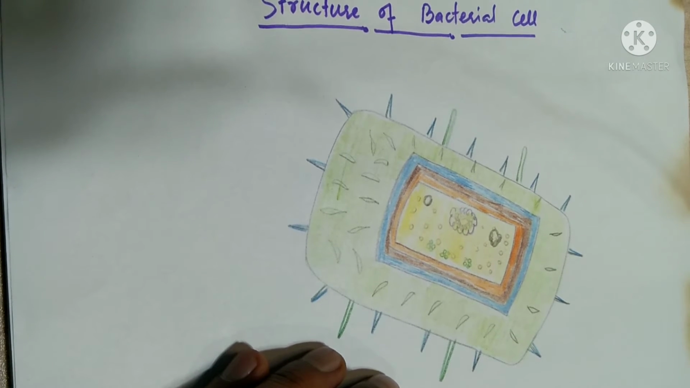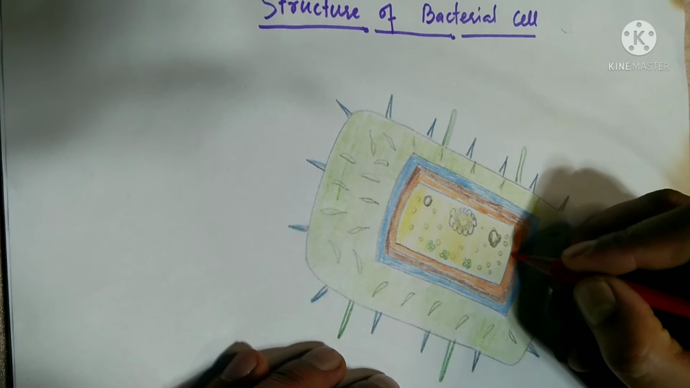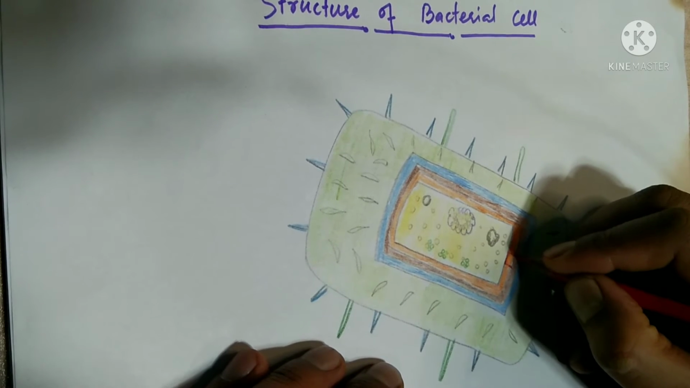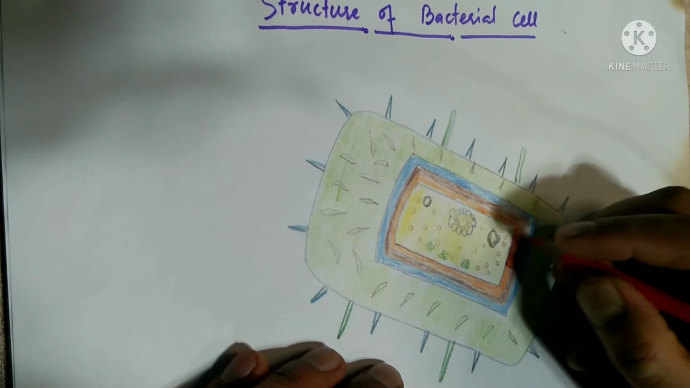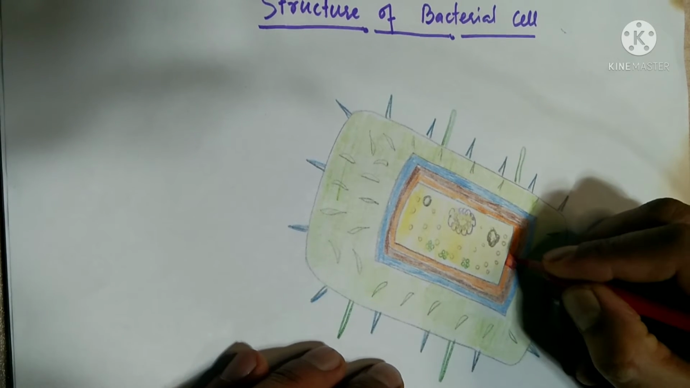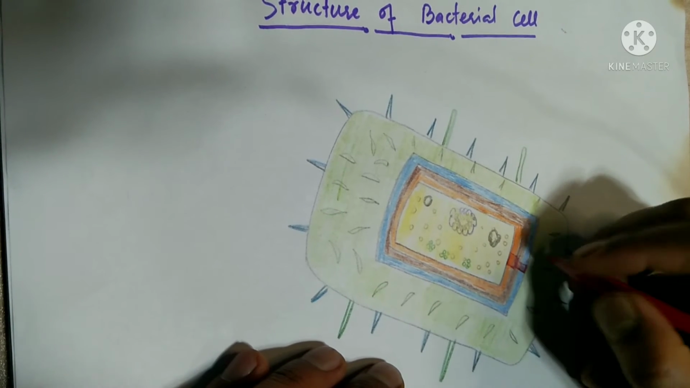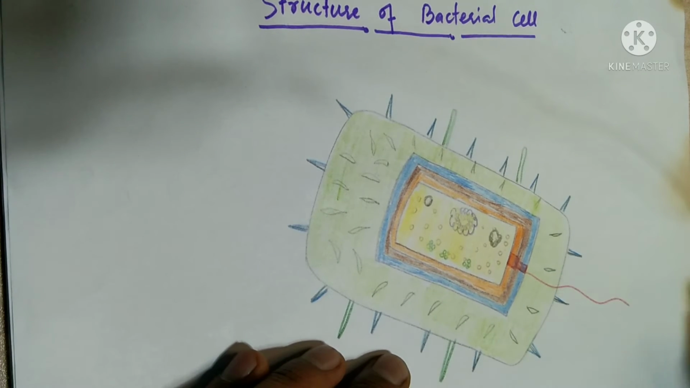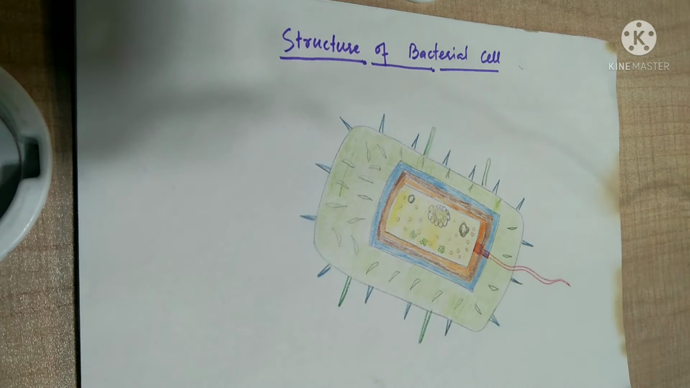And the most peculiar structure in case of bacteria is called flagella. Flagella, which is the extension coming out from the cytoplasm and comes out like this. Now I'll mention the name of these structures. First of all,